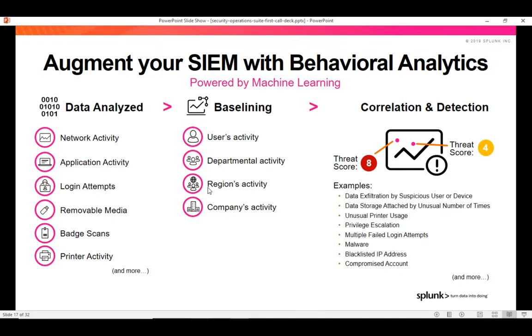And assigning a threat score, considering the baseline. For example, for an employee to come in at 9 a.m., go into the HR department, log into his machine, do all the HR related tasks, and go out at 6 p.m. That's the baseline. For every employee in a different department, if someone tries to go beyond that or deviate, that is considered a threat, but not just randomly. It has been analyzed over weeks or months, and a baseline is formed, a normal threat score is formed, and then